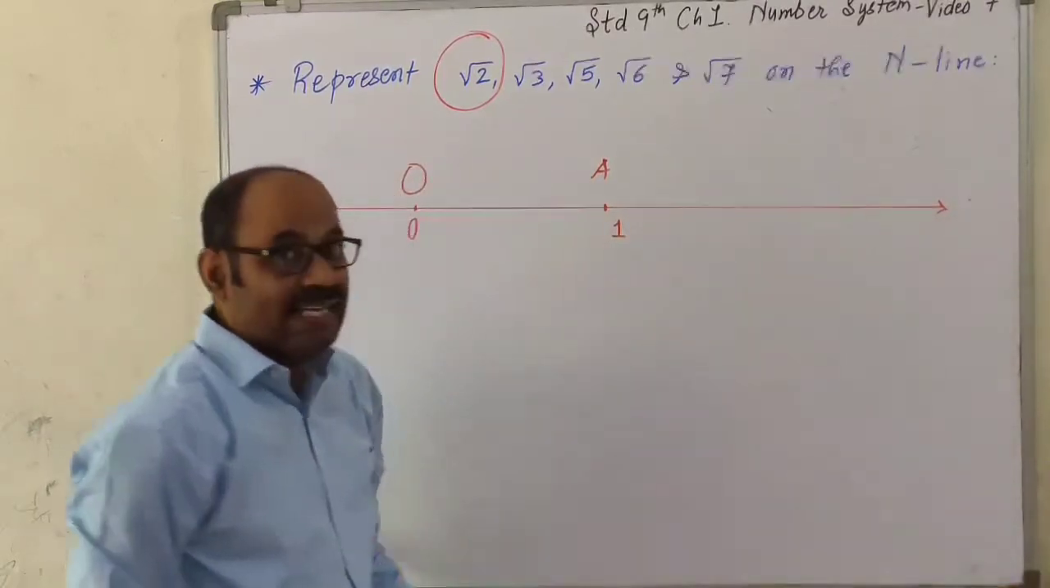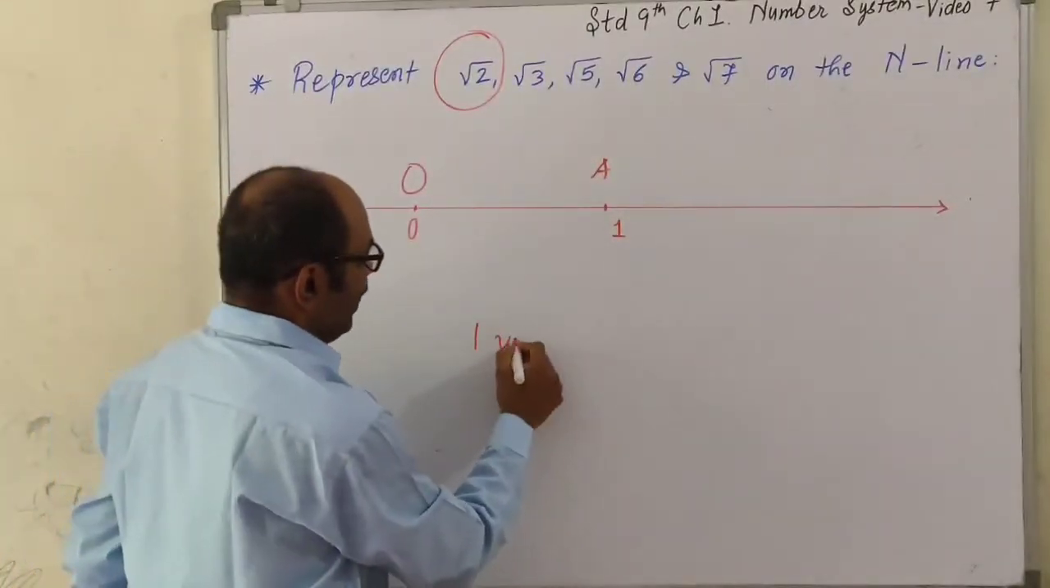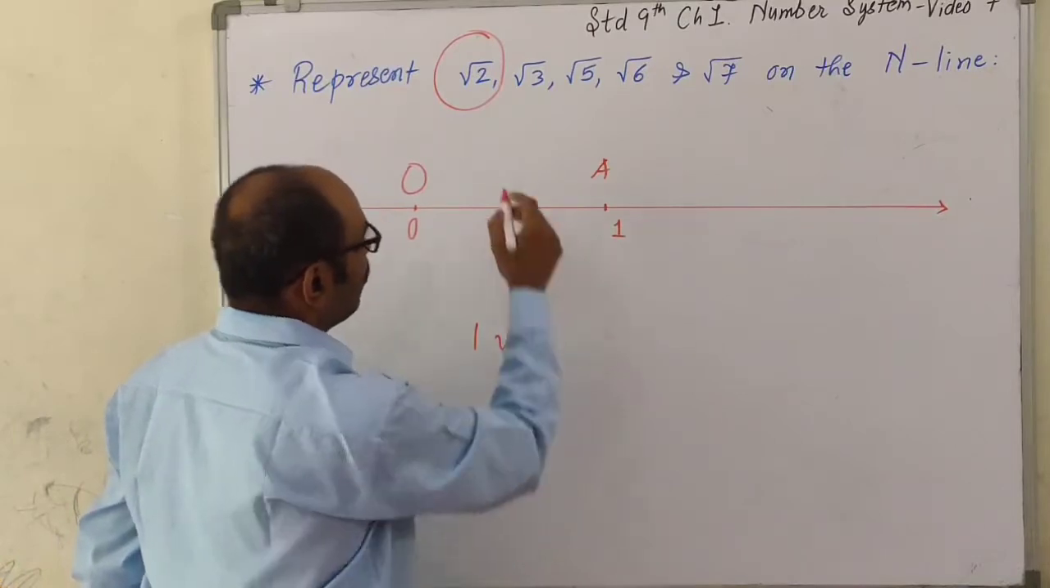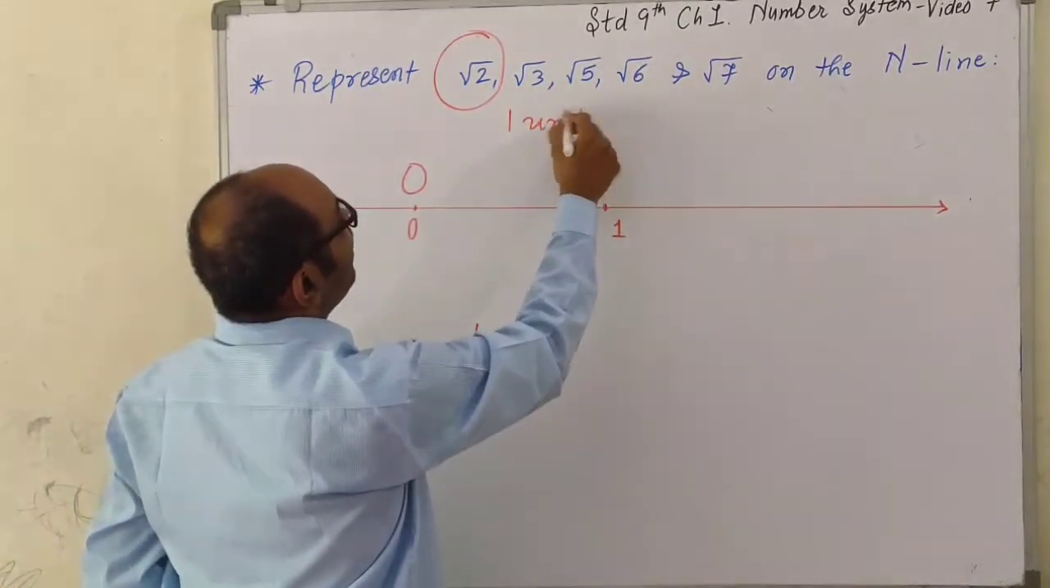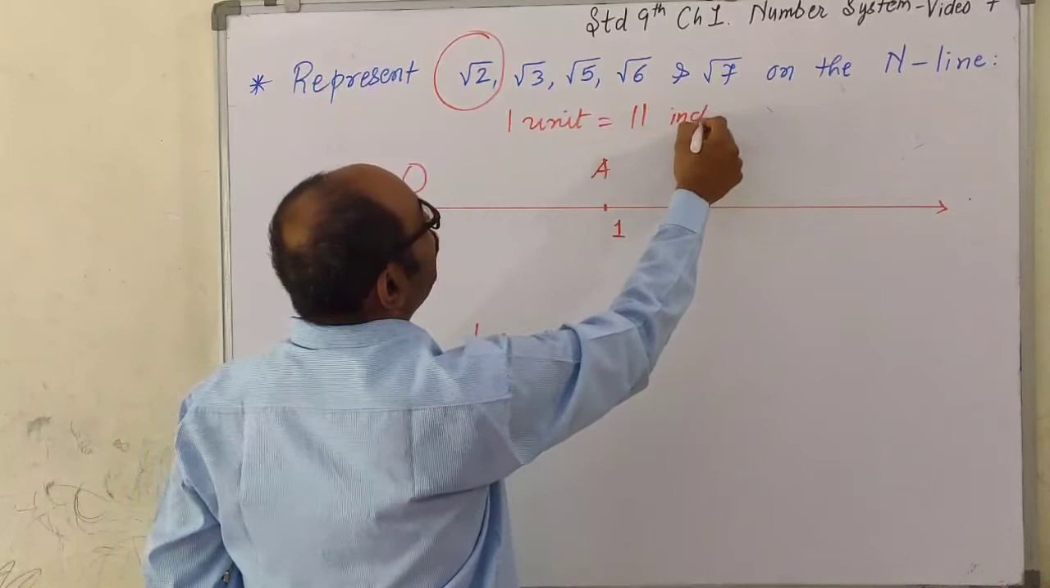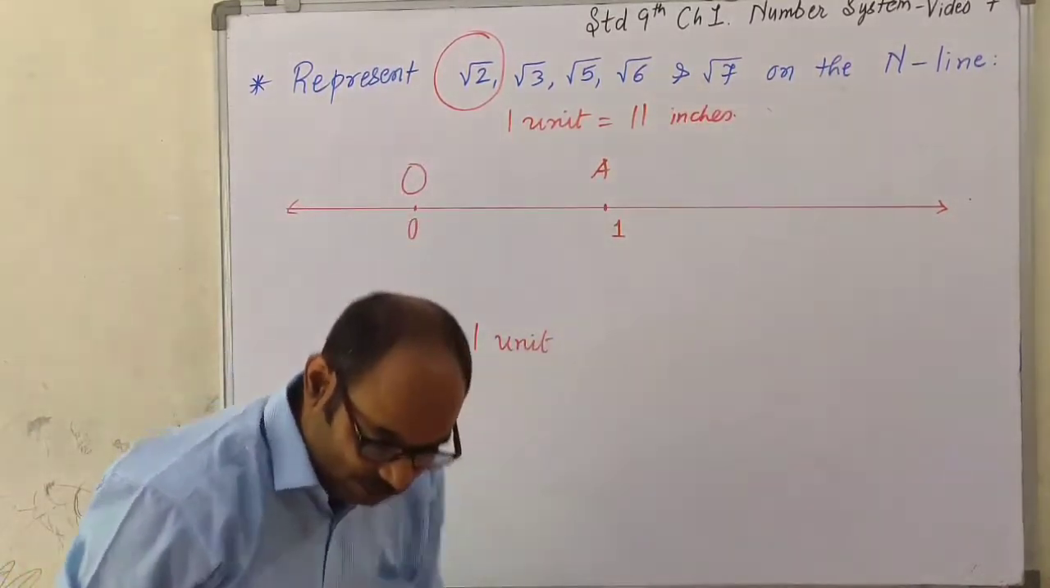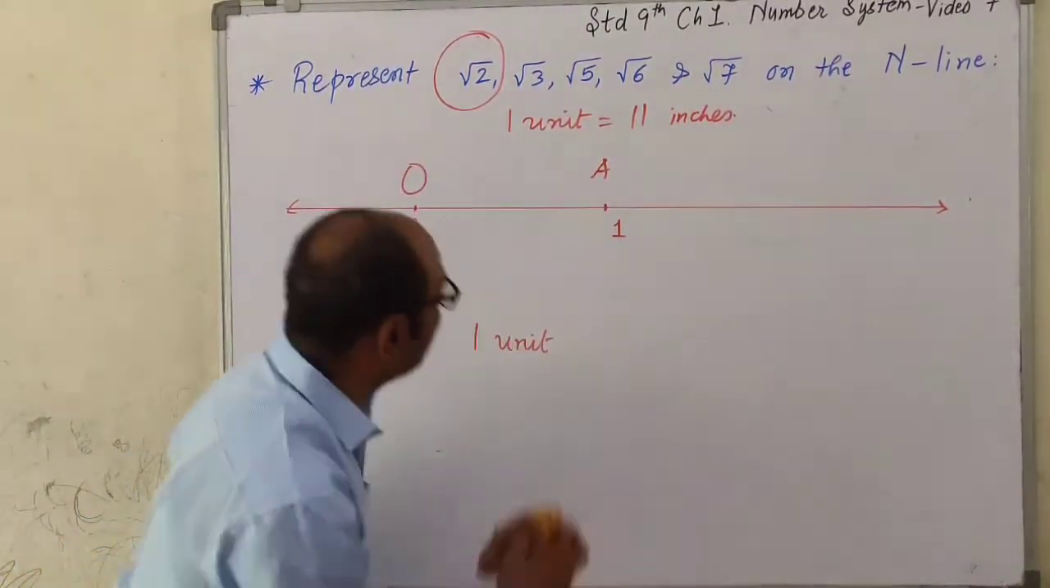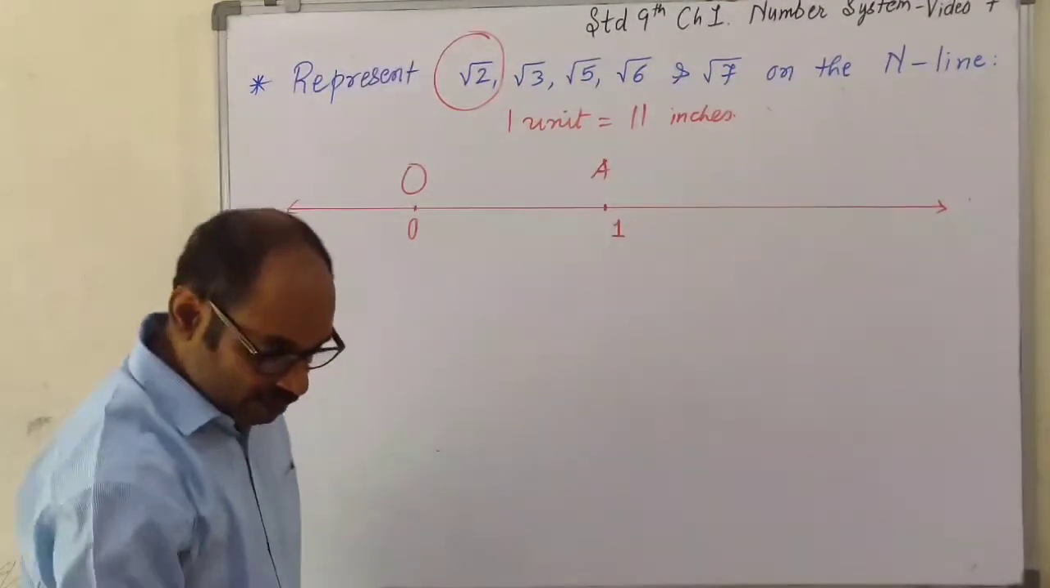I have taken 11 inches as 1 unit. I have to write it up: 1 unit is equal to 11 inches. All right. Now,